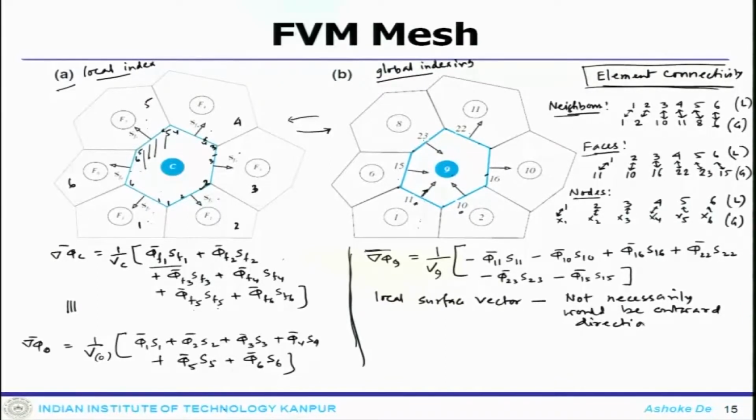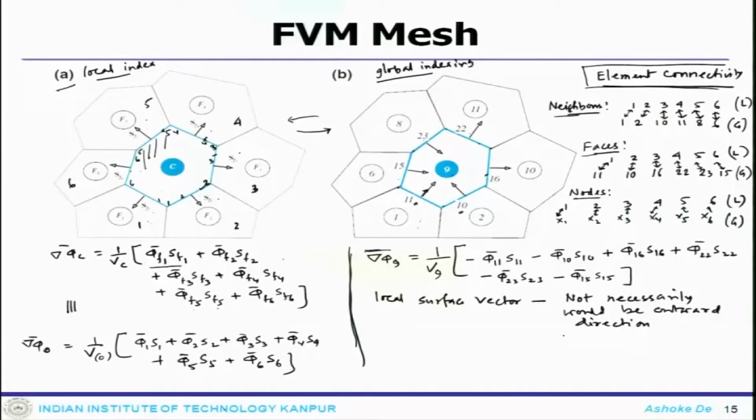As we have seen in this particular example, when we drew a local system we assumed a standard sign convention, but for the sake of this example, we have shown some outward, some inward. So, the local surface vector does not mean that it is always going to be in the outward direction. It can be outward,